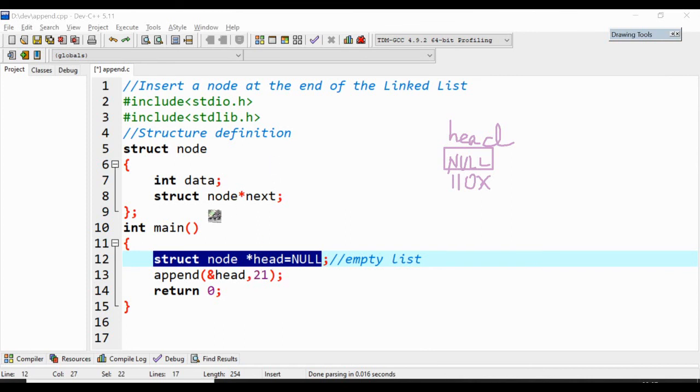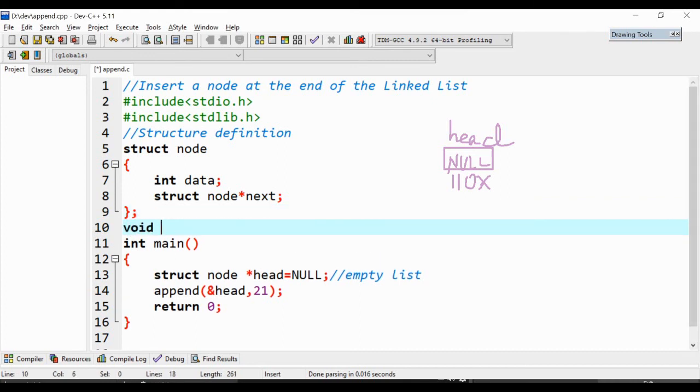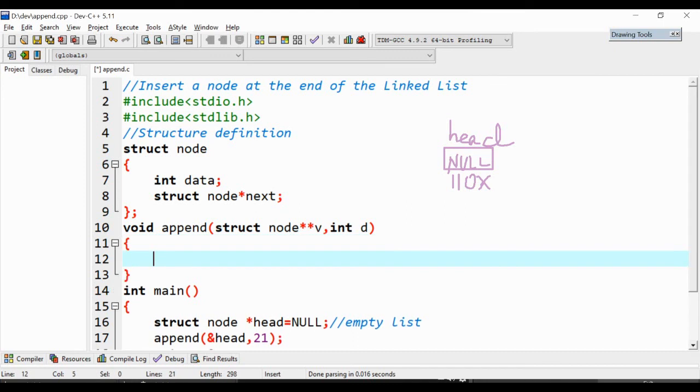Now let us write the function definition. void append is my function name. As we know, the address is passed here, so to hold the address I need a pointer variable, but head itself is declared as a pointer here, so in the function definition I'll be in need of a pointer to pointer along with the variable name. This pointer variable will be of type struct node. I also have one more parameter, that is the data. To receive the data, I will be needing a variable which is of integer type.